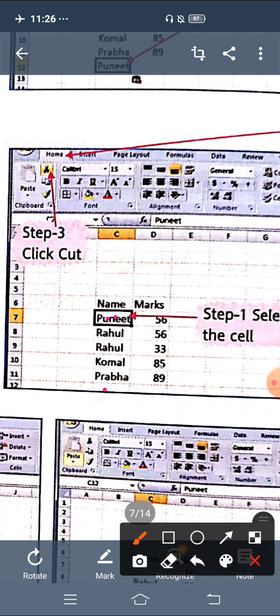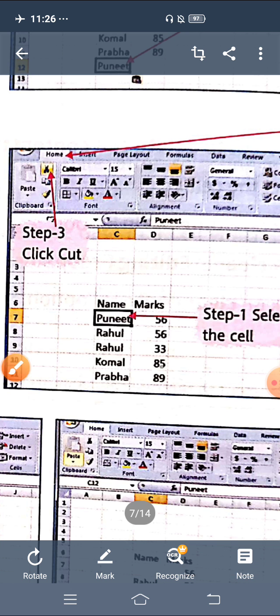Then we want our data in this cell, so I have to click here. After clicking here, we need to paste our data, so we can use the shortcut key of paste. Instead of clicking on paste, we can use the shortcut key also. So what is the shortcut key of paste? That is Control plus V. We have to press both the keys together, Control and V, and your data will be pasted here. Okay, the next topic is